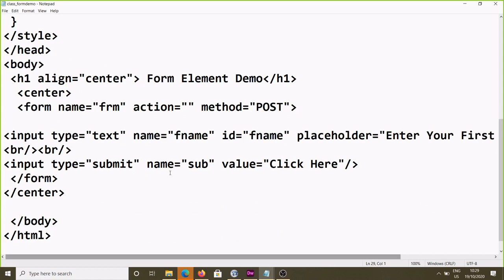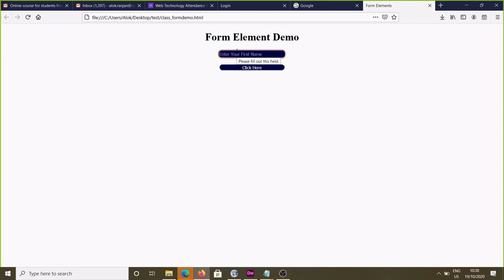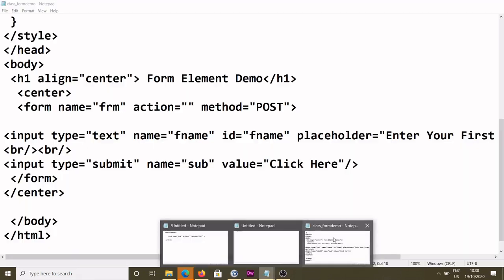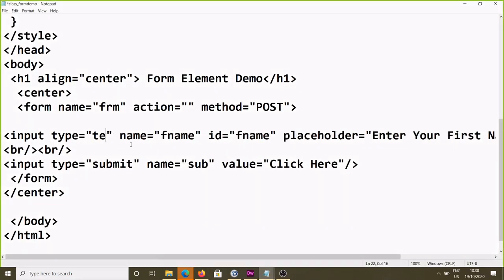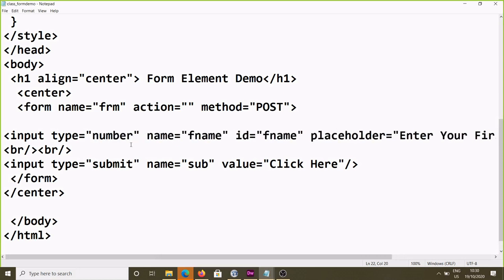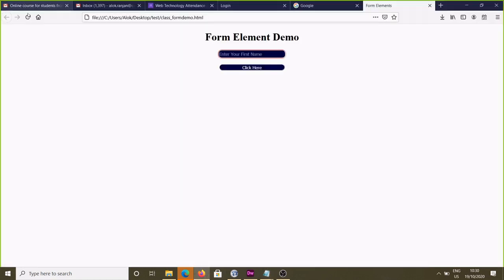So this is clear. Now coming here, in this box you can take text value, number value, or both, fully flexible. But if you want this box to accept only numbers, what you can do is, in place of text, write number. Everything else is the same. You can see, I can refresh. You see the horizontal and vertical arrows are there. Click here, increasing the number, only a number will come.